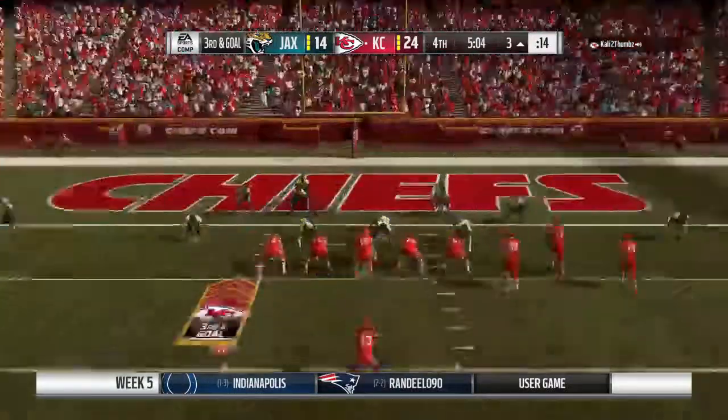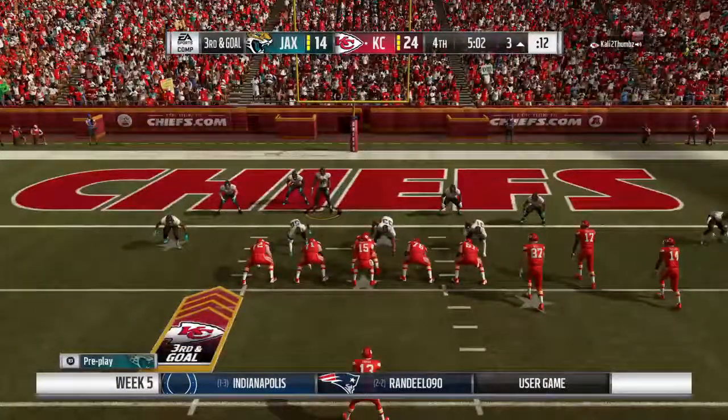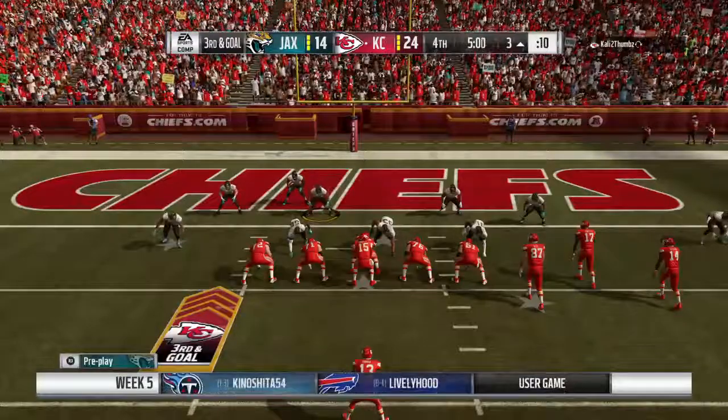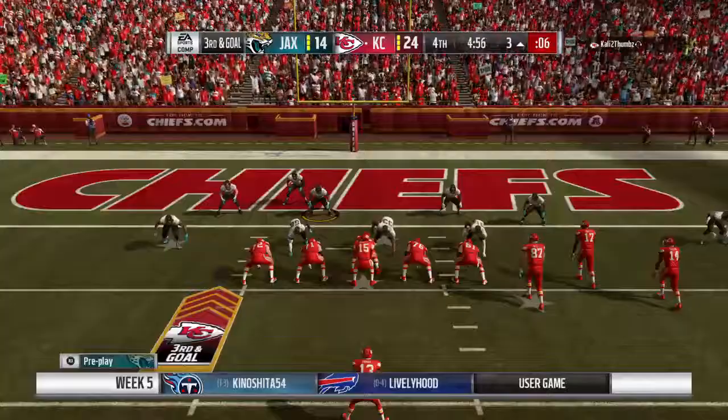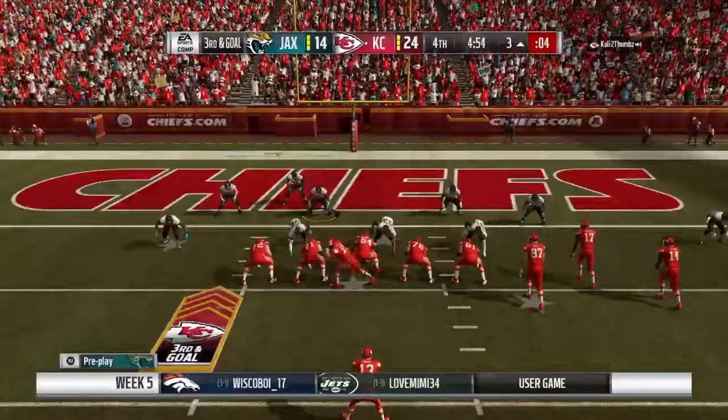Left, left, left, left. Kill, kill, kill. Hut. Hey, alert 48. Hey, alert 48 right now. Black 58, rail. Black